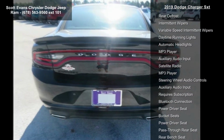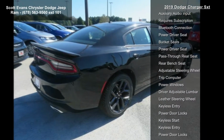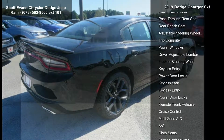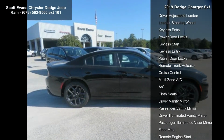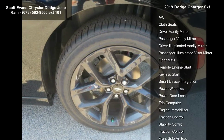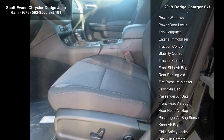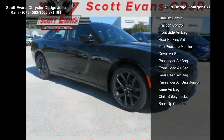engine 3.6L V6 24V, transmission 8-speed automatic 850RE, pitch black clear coat, black top package included, gloss black fascia applique, gloss black IP cluster trim rings, black one-piece performance spoiler, satin black Charger decklid badge, Dodge grille badge, wheels,